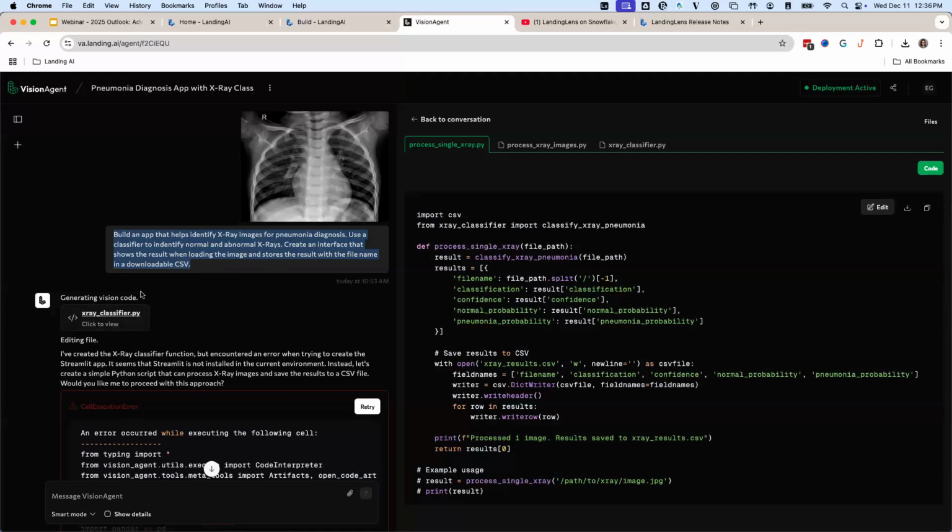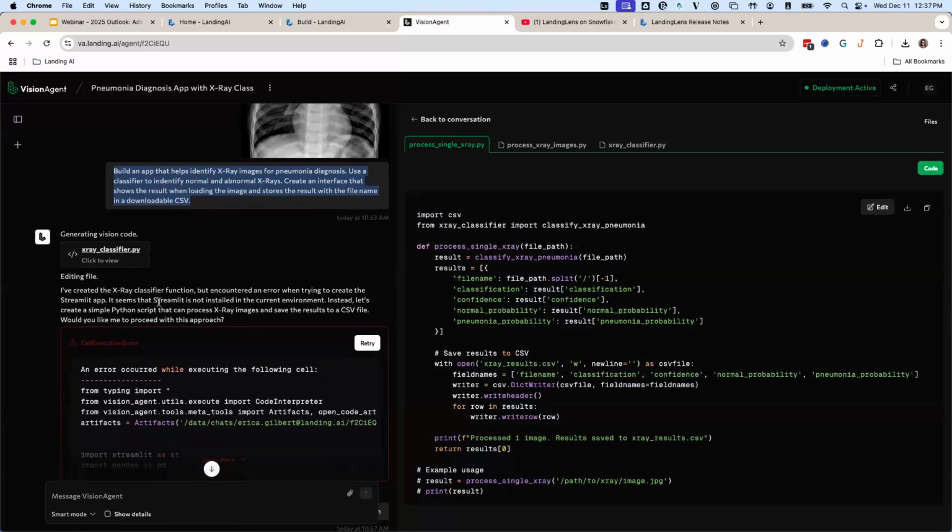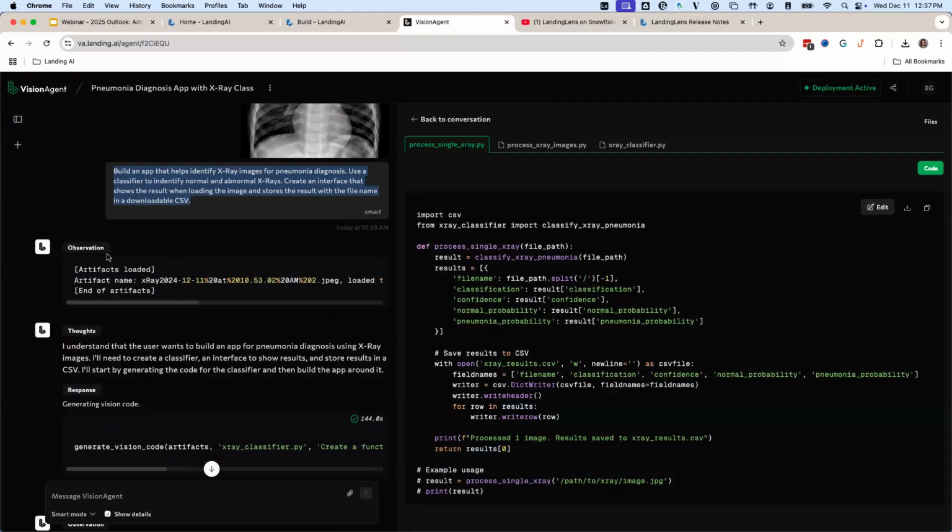And so you can see that the agent is starting to generate the vision code, in this case with a Python script. It's providing some context of what it's doing based on the prompt you've given it. And this includes sometimes encountering errors. You can also see the level of detail of the agent making observations. Here, obviously, it has loaded the data, the sample image that I've provided for the context of the task,